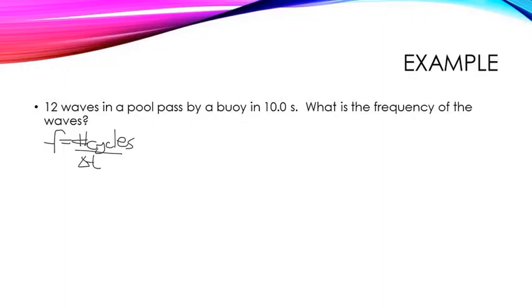We're going to write down our knowns and unknowns: f equals, number of cycles equals, change in time equals. So the question tells us that there are 12,